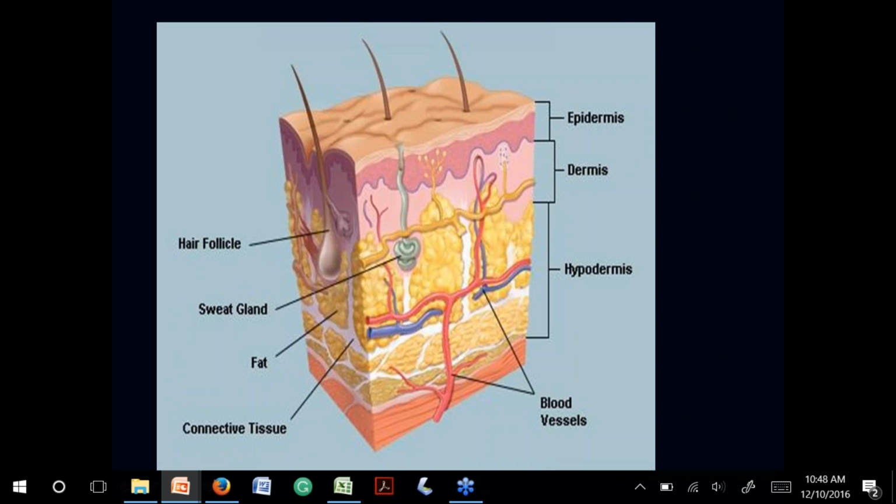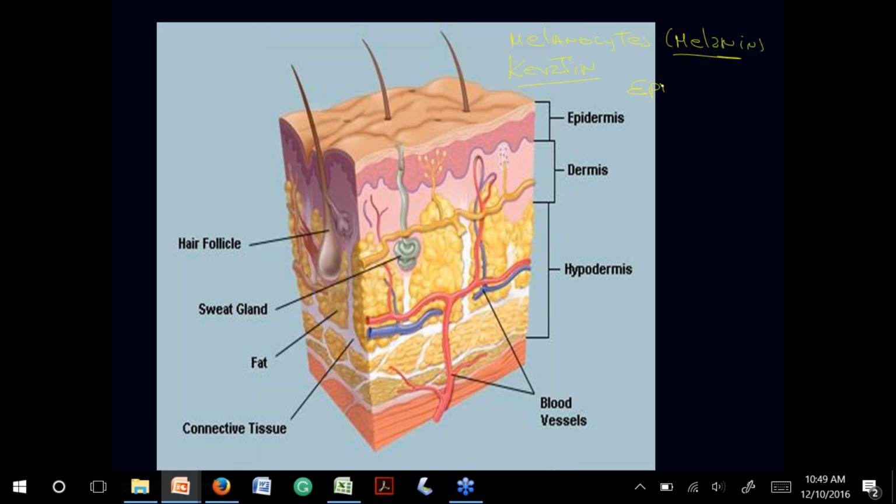All right, if you remember, in the epidermis we have the keratin cells. Keratin is a protein, by the way, that forms the epithelial cells. And in the epidermis we also have the melanocytes, right? The melanocytes have the melanin. Melanin is what is going to give you the color of the skin, right? So that's what we have in the epidermis.